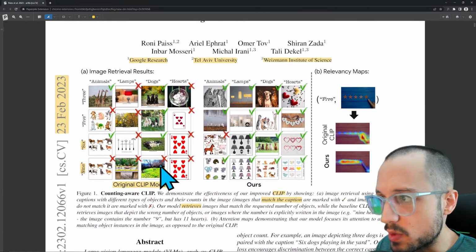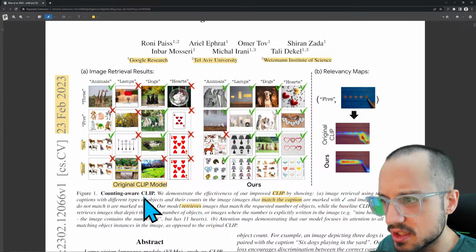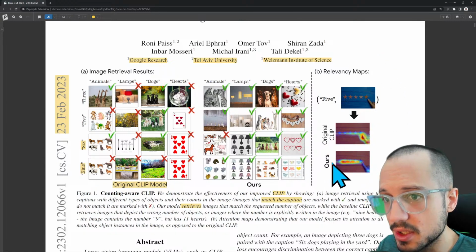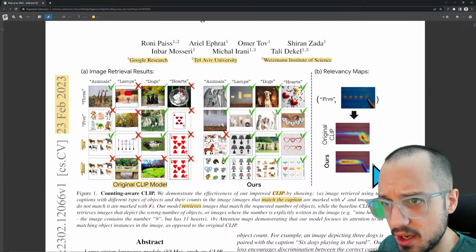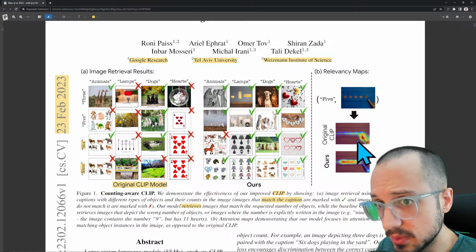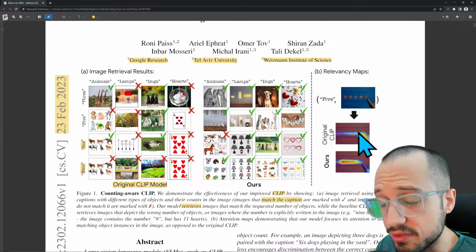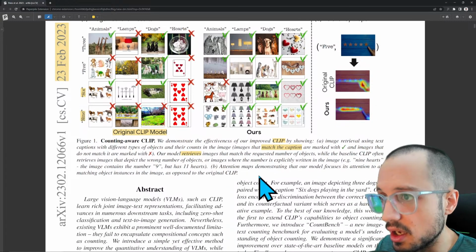And obviously I haven't even read this paper yet, but I think this is going to be part of the issue, and I hope that they touch on this, is that when you take something like CLIP, and I'm sure they're going to fine tune it so that it performs better on this more narrow task of counting objects, it could make CLIP worse at other things, right? Such as identifying a high five, right? Maybe the association of high five and the word 5 with hands will go away,